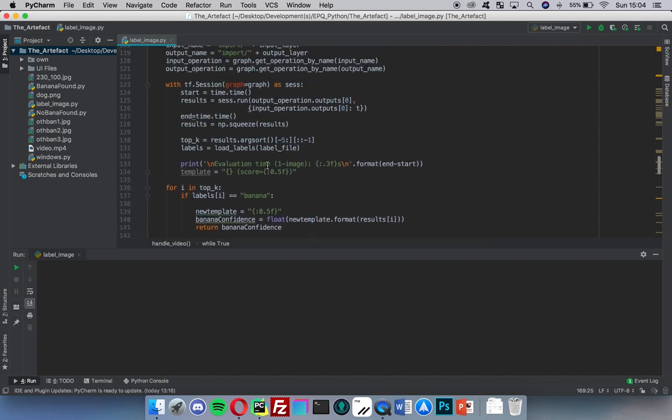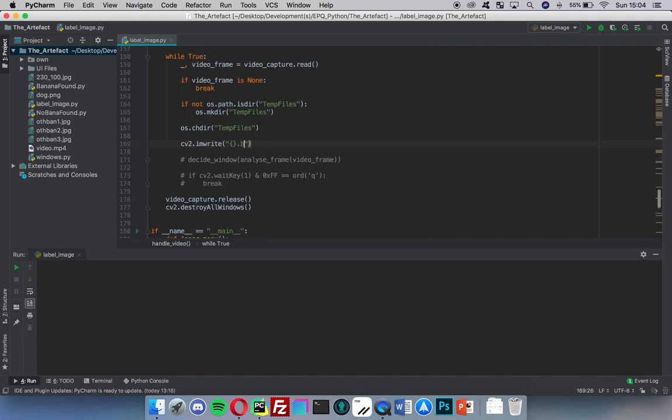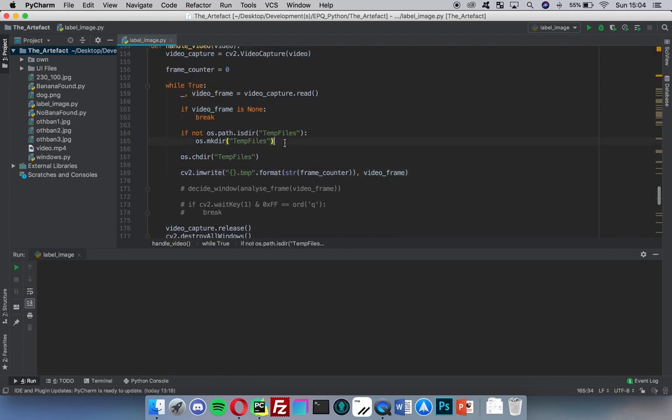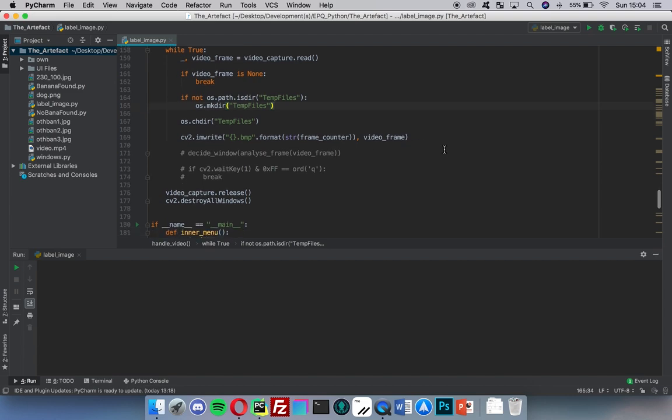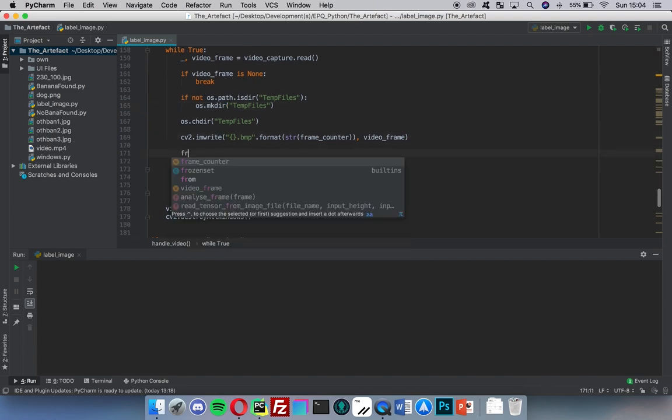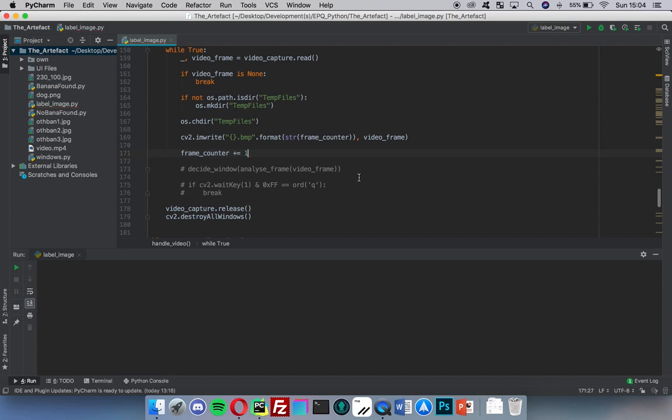We'll try save them as BMPs because I'm pretty sure bitmaps are much smaller, but I might be completely wrong and I have that the wrong way around. Anyway, I'm gonna save it as the frame counter and the frame, and then after that I'm going to do frame counter plus equals 1,